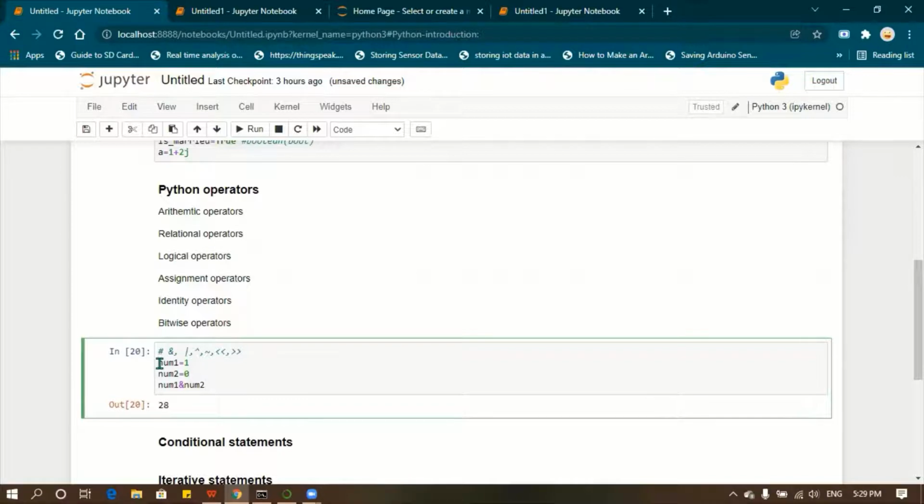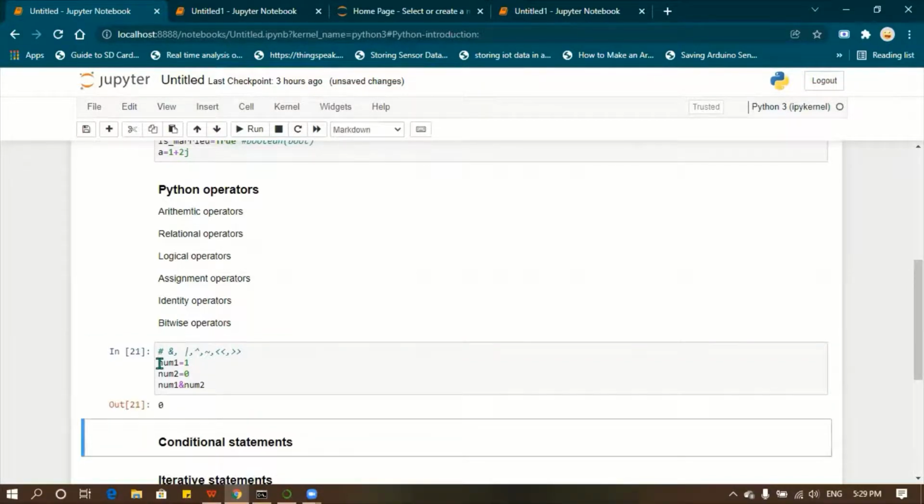Okay, now I'm running this program. It produces 0. Okay, so you know that, right? When we are performing the AND operator, if both the bits, if both the values are 1, it will produce 1. The AND operator is like multiplication. The OR operator is like addition. So it will perform all the bitwise operations like XOR, OR, and all the bitwise operations will be performed here.